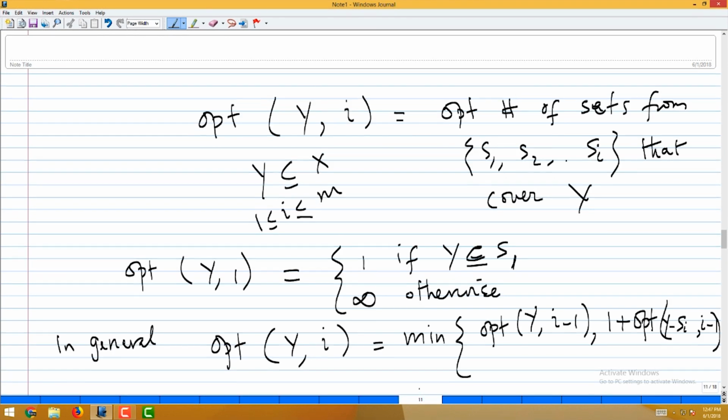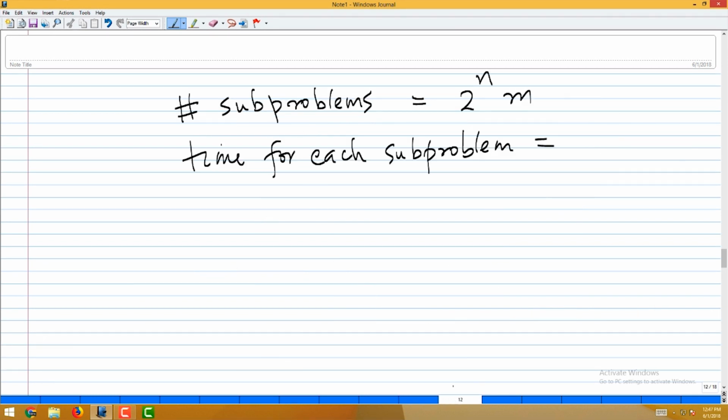Well, this recurrence tells you that if you want to compute opt y_i, then it is just two numbers you have to add and find the minimum. So, how much time? Constant time, right? Because there are exactly two numbers. So, overall runtime